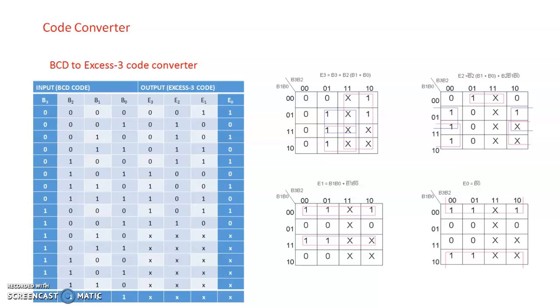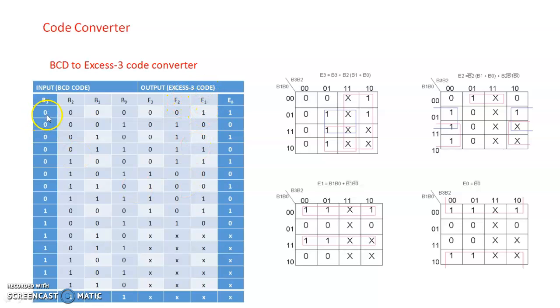Now this is the example of BCD to XS3 code converter. Already we had discussed about what is the BCD number, packed BCD number, unpacked BCD number. So 0 to 9 are the valid BCD numbers and above 9 are the invalid BCD numbers. That's why for the above 9 numbers the don't care condition is taken. The value of don't care is either 0 or 1. When we want to convert a valid BCD number into XS3, we add 0, 0, 1, 1 to that BCD number, then we will get the equivalent XS3 code.